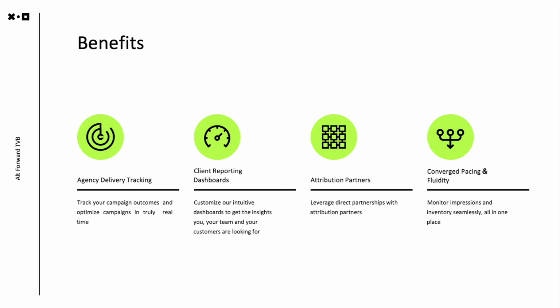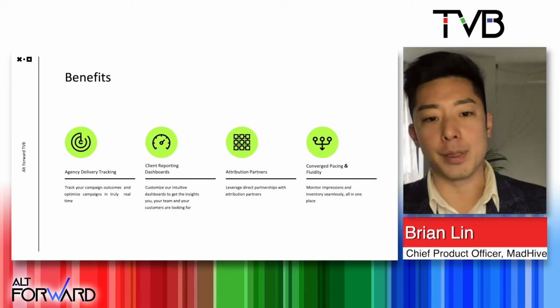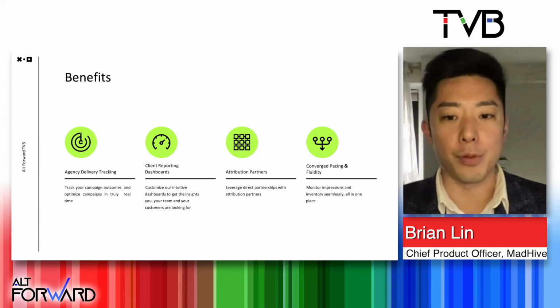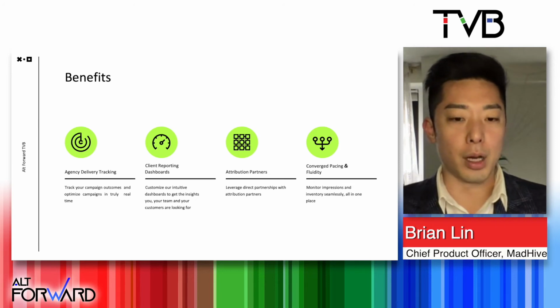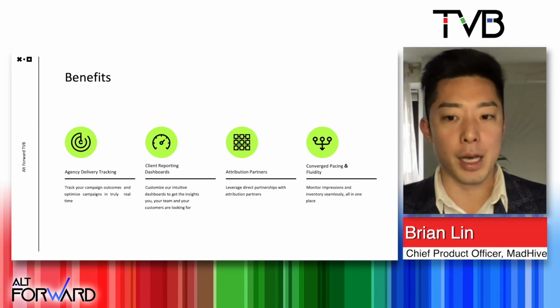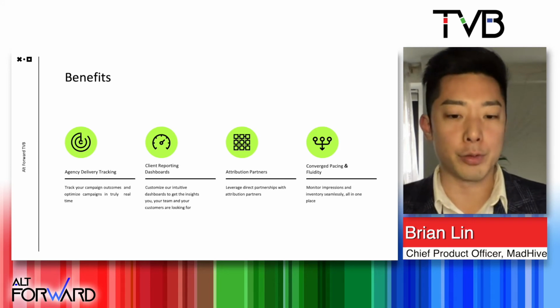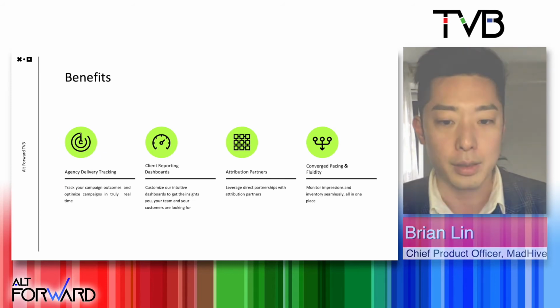Thanks, Cordy. So to recap, really the benefit of demonstrating using TIP is not only that we're reducing emails back and forth on campaign tracking, but it's automating all of that into a set of standards and APIs so that the data can flow in real time and reduce barriers to entry for integrations with attribution partners or dashboarding partners with agencies or clients. But it's going to be able to unblock a future set of capabilities into converged pacing and fluidity.